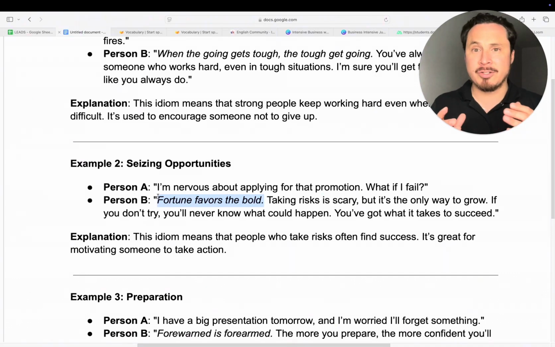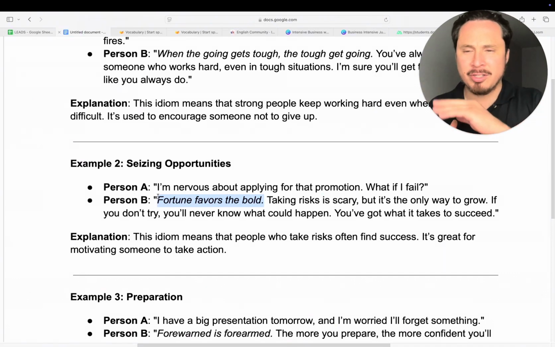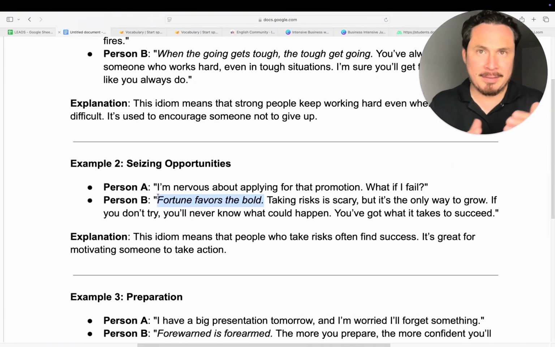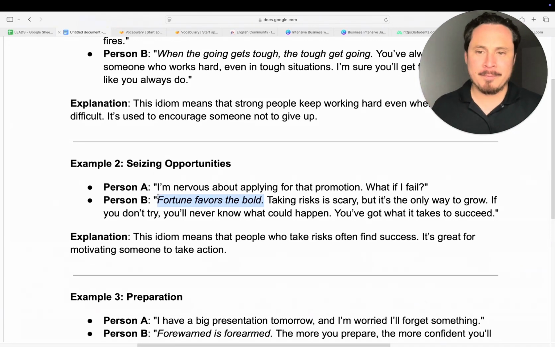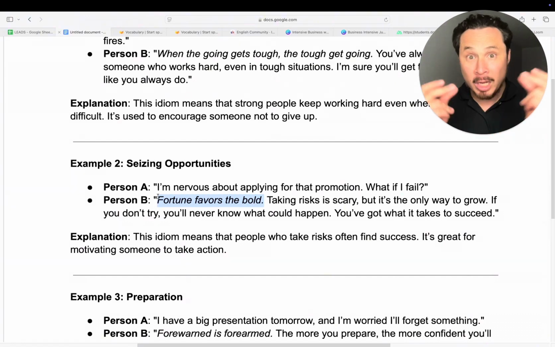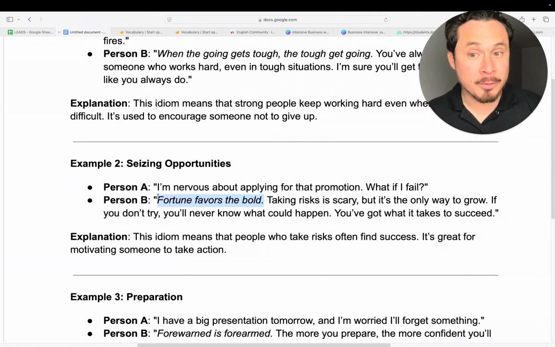I've seen English teachers on Instagram use that intonation for everything they teach, which can be confusing because now students think that that's the normal way to speak. No. Pa, pa, pa, pa, pa. No, that intonation is very specific. And it's used with idioms and it's used in other situations too. But you can't just use it anytime you teach a word or phrase because you're confusing students if you're always using that pattern. No, in this case you're using it to call their attention. Fortune favors the bold, right?